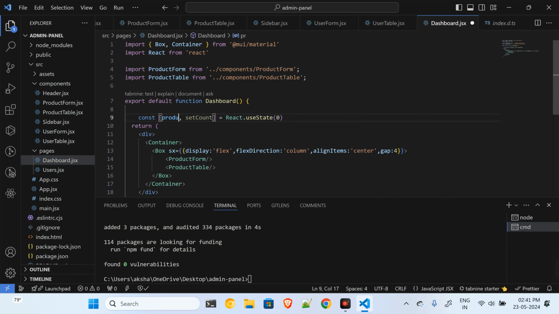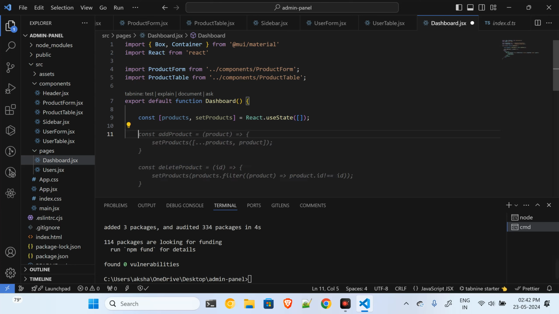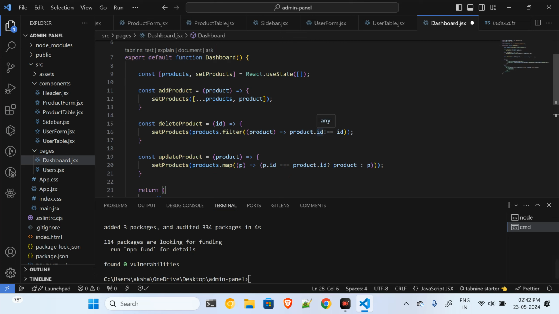I will set up useState for setting up the products. I will say products, and then setProducts. It will be basically an empty array as of now. And after that, I will have two functions, one to add product and one to delete product. So it would look something like this. There will be only two functions, add and delete. Update won't be there. I don't want to update the products,